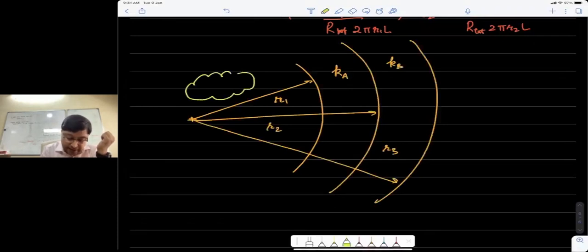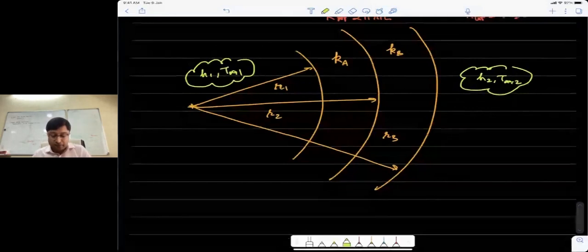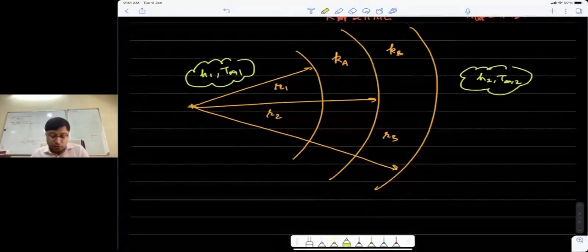Let's say inside the cylinder there is a fluid with h1, T infinity 1 as properties. Outside it is h2, T infinity 2. These kinds of problems with concentric cylinders can also be solved using the same equivalent circuit approach. You write the overall resistance to the conduction of heat, and use that resistance to divide the overall temperature difference.